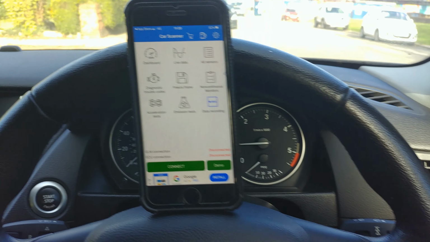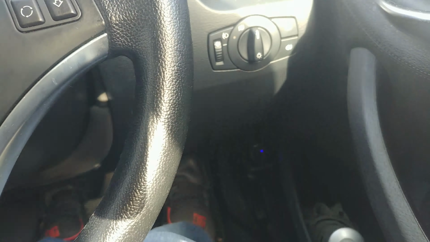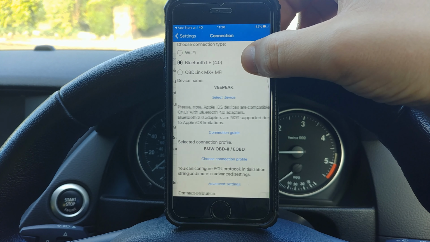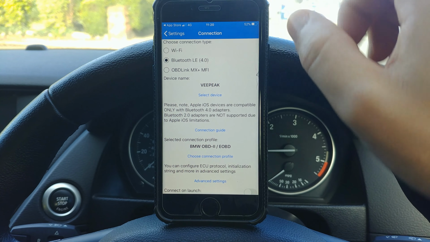So the car is on, OBD2 device plugged in, car scan open. Before connecting your device directly, I'll suggest you to go to the settings up here and click on connection. At this point you're gonna select the device you bought or you have already.